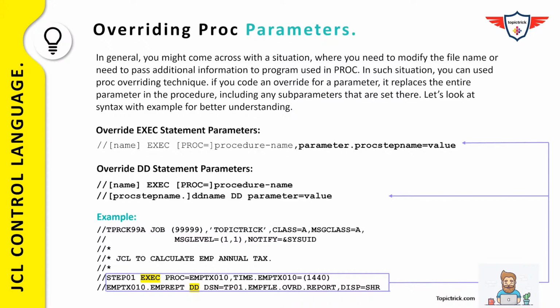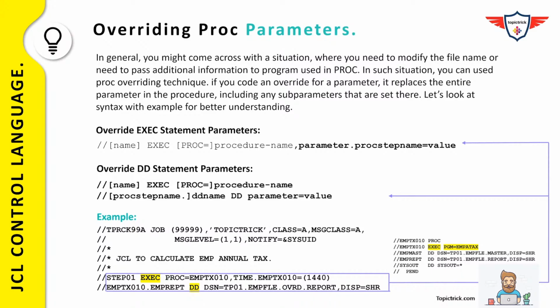So again, there is a sample JCL and we are using the same catalog procedure that we used in our previous example. In this case, the first two lines are again a job card, and after that you have the next three lines, which are actually a comment section that lets you know what exactly this job is doing. The next step is STEP01, which is actually an execute statement, and this execute statement is invoking or executing the catalog procedure that is